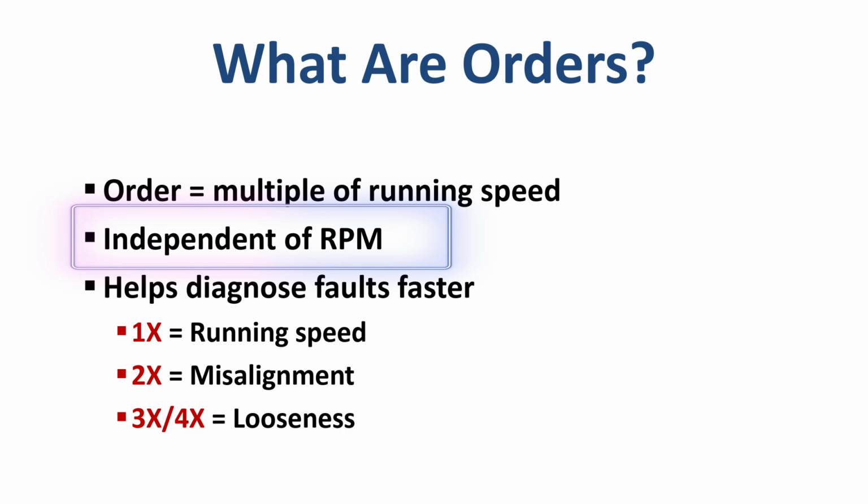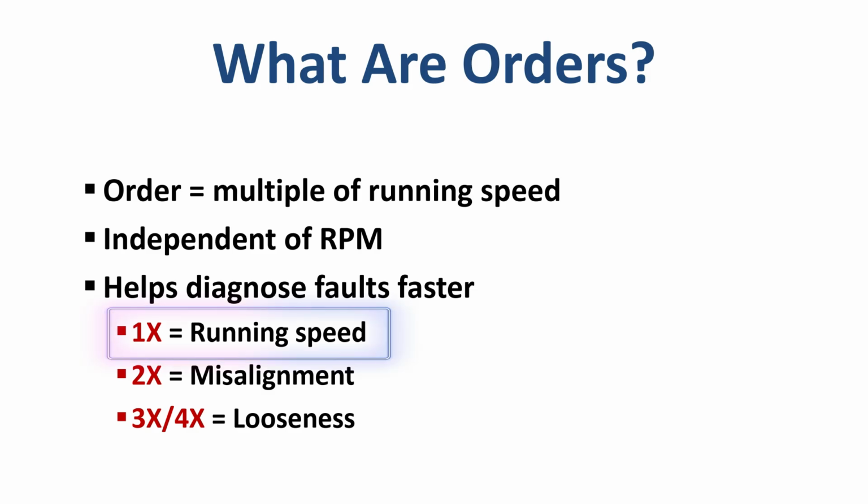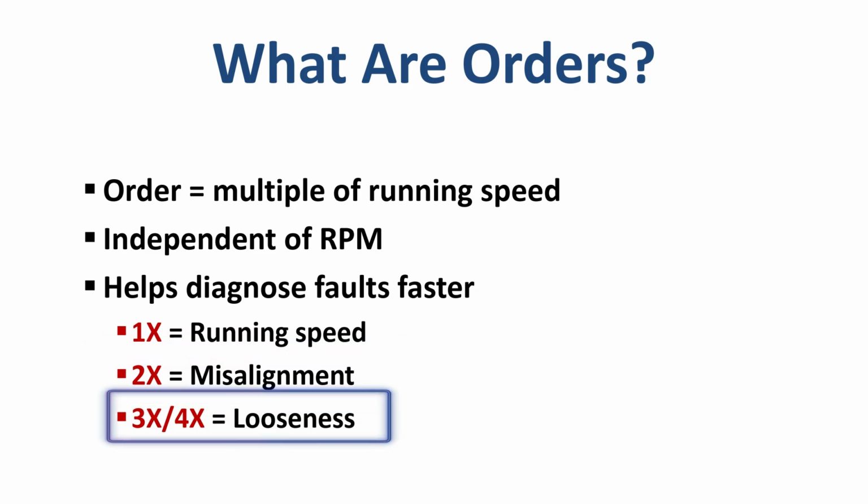So let's say I'm analyzing any kind of machine that is running at 1500 rpm. My first order, or you can say the 1x, will be the 1500, or you can say the 25 hertz. Now if I check the second multiple, or the second order, the 2x, that will be around 50 hertz, right? Or you can say the 3000 rpm. So this is how we can convert these spectrums into the orders also,